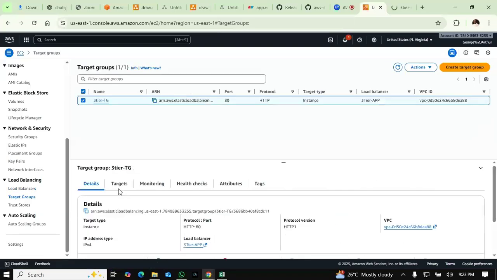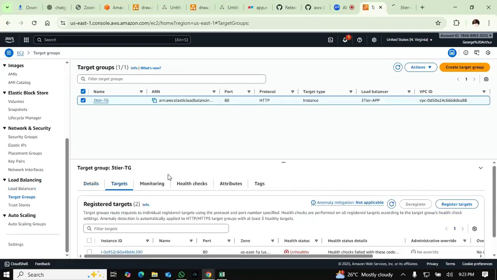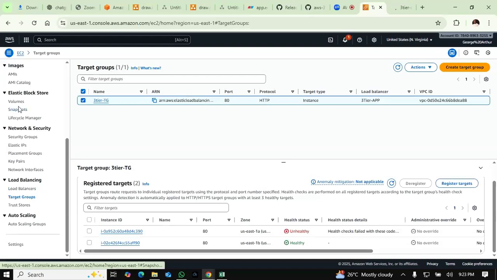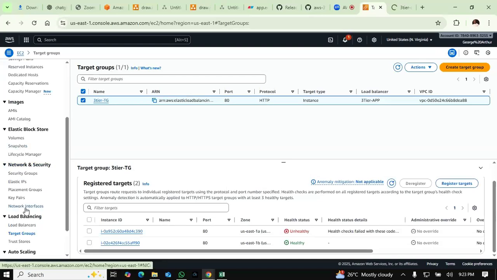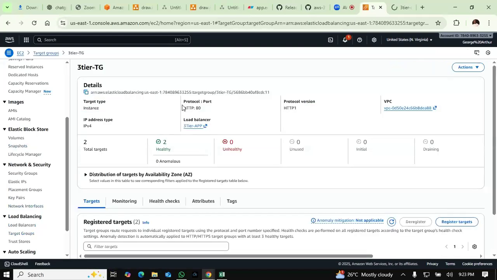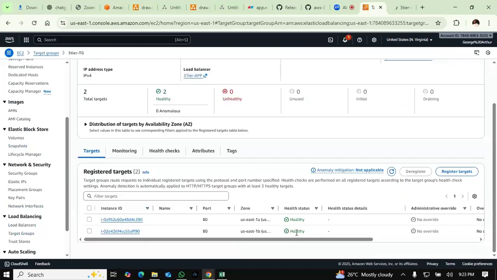Target group, target, still one is unhealthy. Target group. Okay, so now two is healthy now. So all the two are healthy. So guys, you can see,